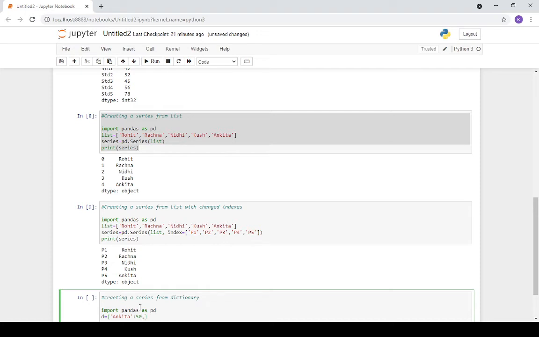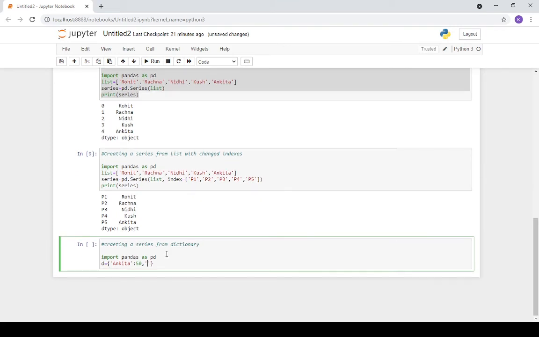Similarly, you can paste it here and add some other names. You put another name, and then go with another pair. I'm just placing five names here.